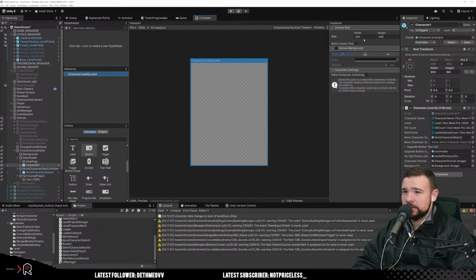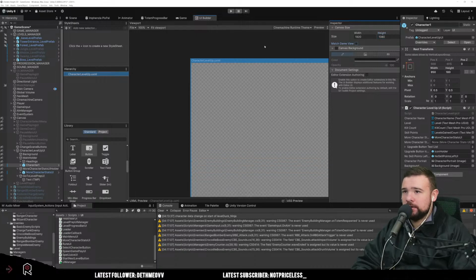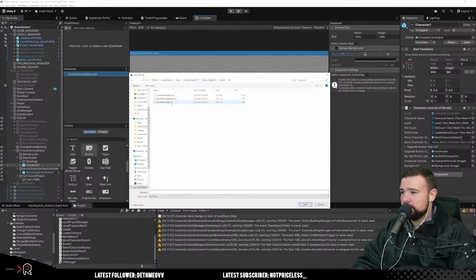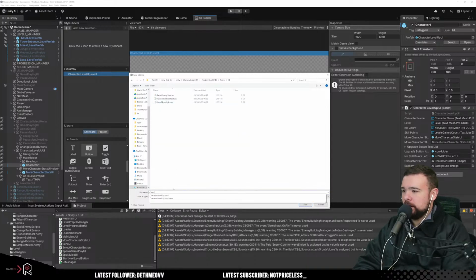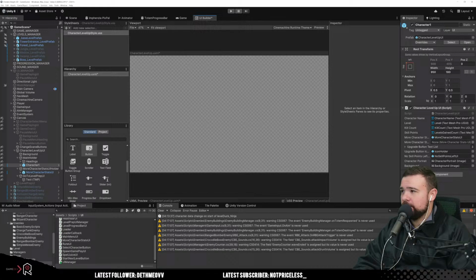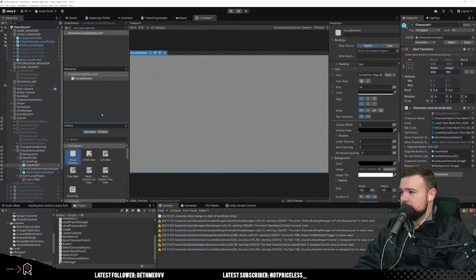Okie dokie. So this is going to be quite a job now. Okay, so first of all, this is 1920 by 1080. Right, we make it fit, and then we could add... Yeah, you know what? Let's create a new USS from the start. Character level up style. Okay, just so we have it, because we're gonna need it. Okay, so now we have that, and we can add things as we go. Okay, so first of all, we need a visual element over here, and this is gonna be my main container,